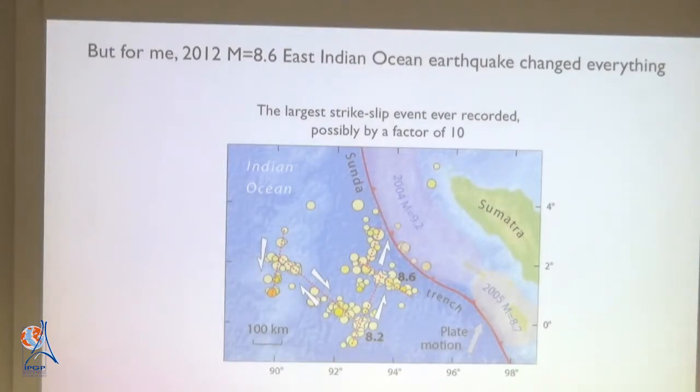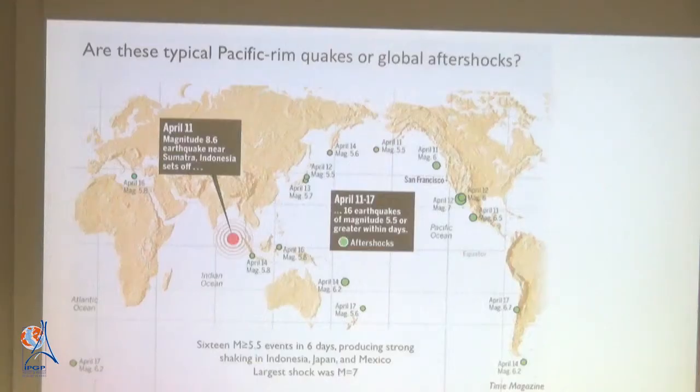I was at a Turkish restaurant with my wife, and my phone kept buzzing because earthquakes were occurring all over the place, all over the world. These are the earthquakes that occurred over magnitude 5.5 in the next 6 days. Now you look at this and you go, well, could this be something unusual? These are exactly where earthquakes normally occur. There's nothing in that distribution that's particularly different than what we normally see.